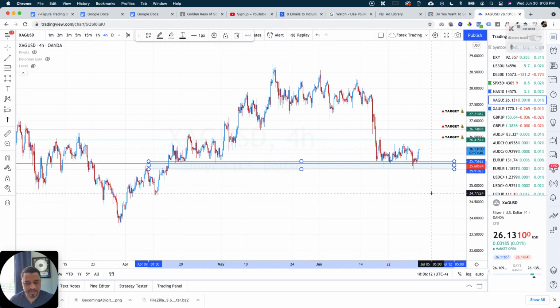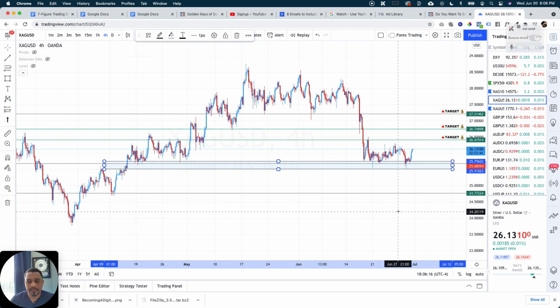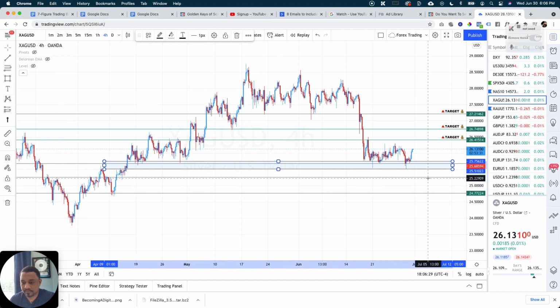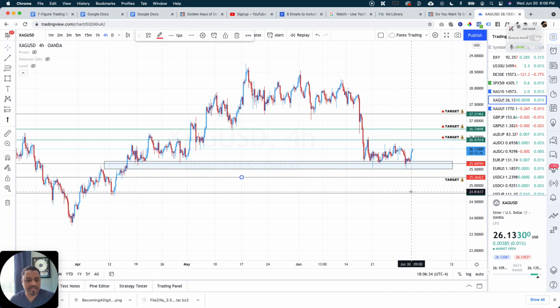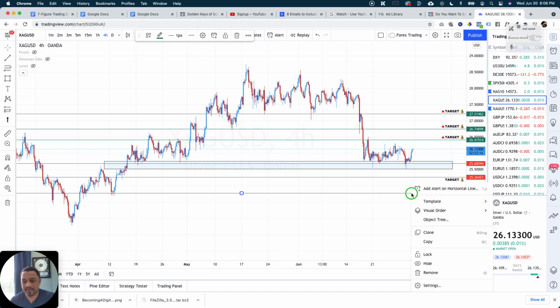And my targets, always tell people in our community, my targets are the noise. Noise for me is when there's a lot of activity in a particular location. So right in this area, you could say this is noise as well. So these will be potential targets. Why is that noise? Well, again, sentimental analysis. Hundreds of thousands, maybe even millions of traders all looking at the same thing and making analyses based on what has already happened.